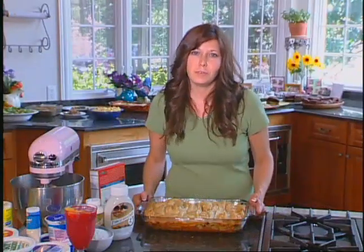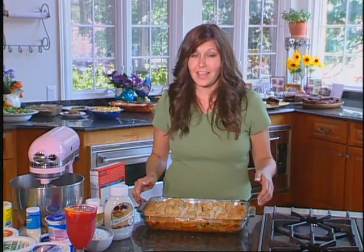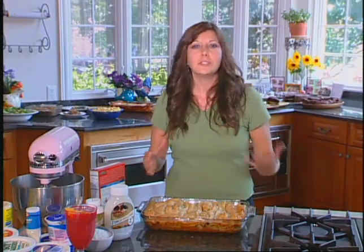This is Z-Trim beef and broccoli casserole. Now this casserole is so rich, full of butter. When I use Z-Trim in my cooking, I get to eat foods like this. This is a really hearty meal. Now with Z-Trim, I replaced